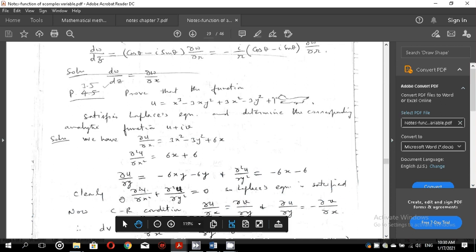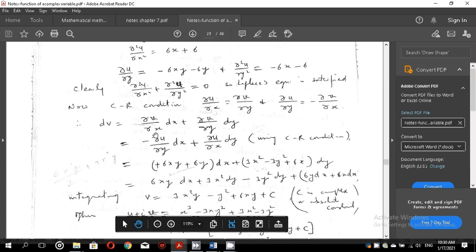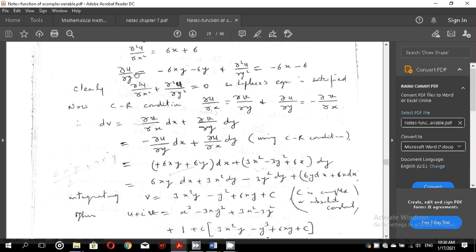and because this is the Laplace's equation, we have to show that this equation is being satisfied, and you can easily prove this. It is done over here, but now let me solve to find the value of v. These are the CR conditions,